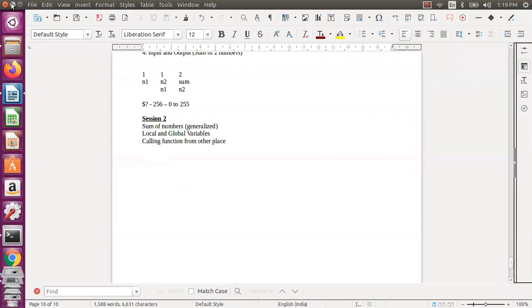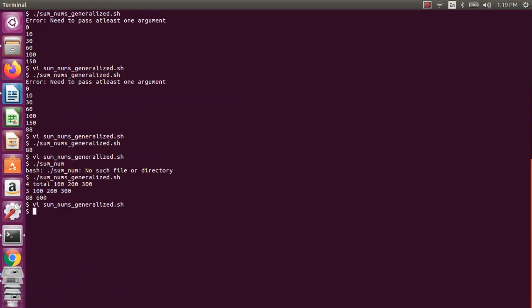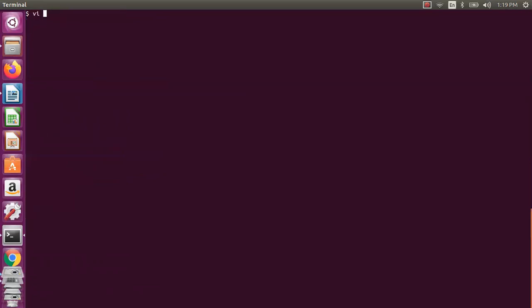Okay, now local and global variables. Let us see that. Vi local global test. Okay, in the function only, right? So now let us say first #!/bin/bash. Now, my local global function, I will say my local global function, and I have something like this.